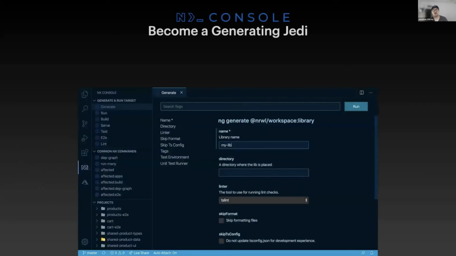The first tool I use quite often is the NX console. If any of you have used the Angular CLI or the Narwhal NX extension CLI, you know, it's awesome for generating code, but you got to do it from the command line. And thus you have to remember all those command line arguments. And if you're like me and you mess up one character, you now have to do a git revert because there's a misspelling in 17,000 files. So that's where the NX console VS Code plugin comes in.